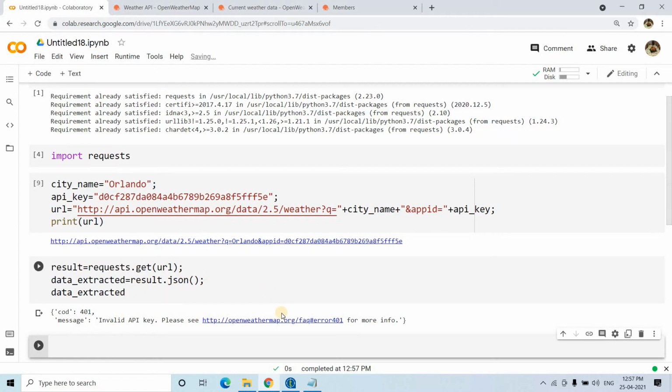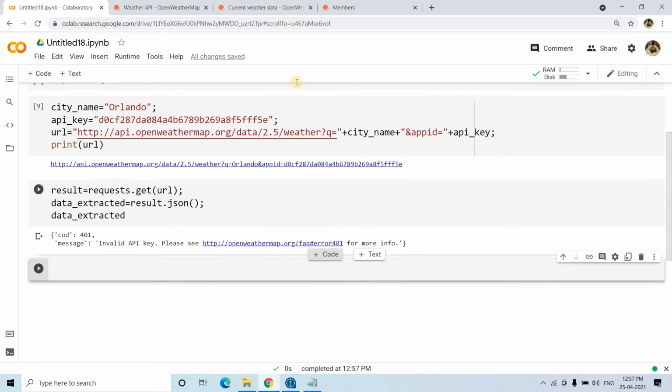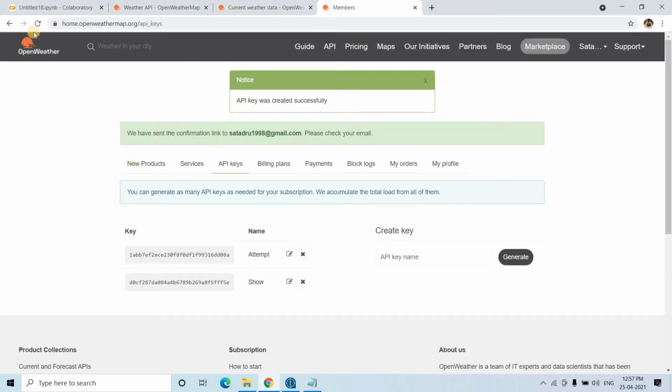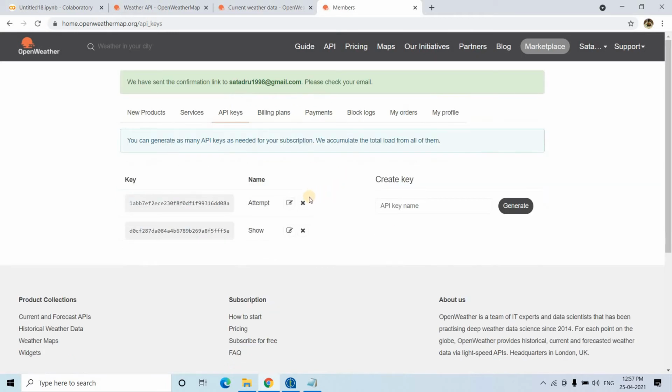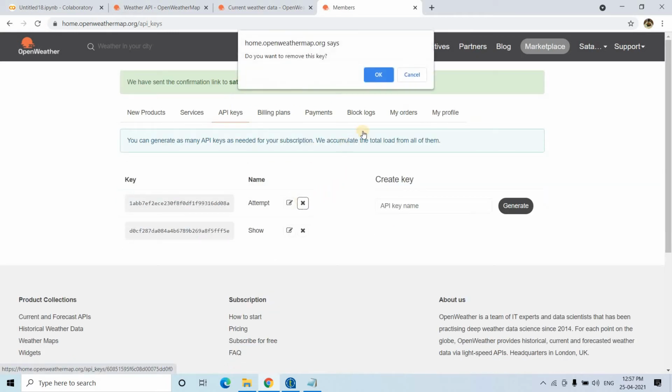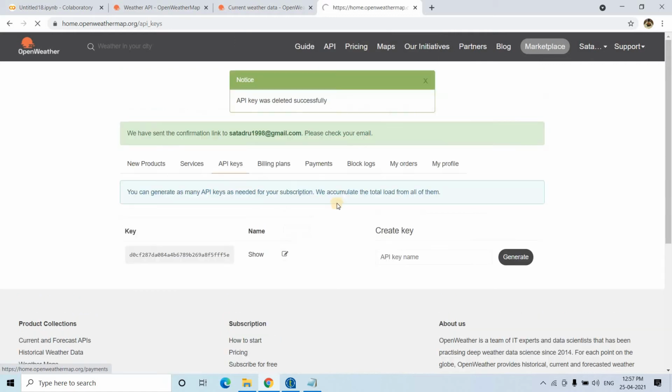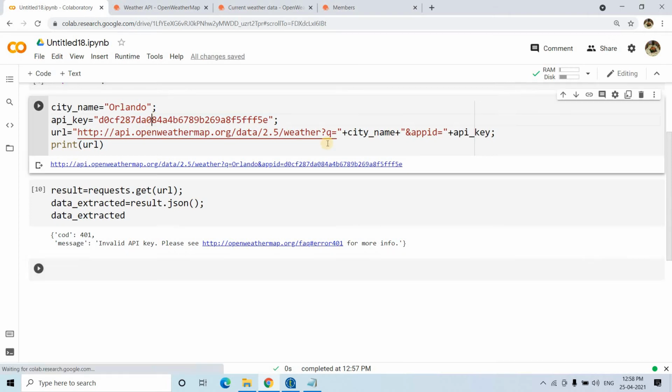Okay, let's wait for some more time. We can delete the API which was created earlier. Only the showing API is required, D0CF287.